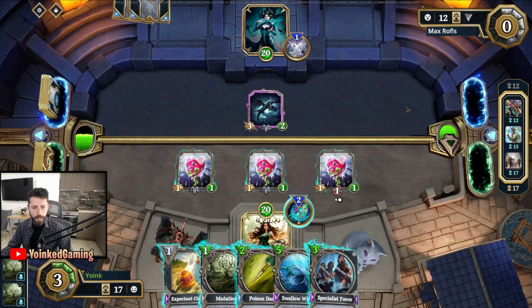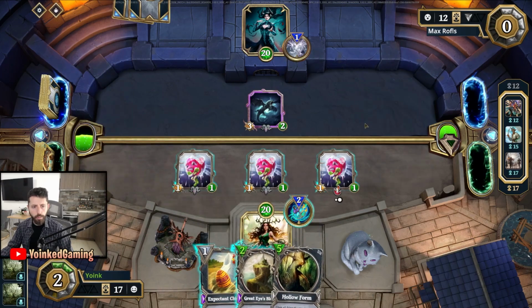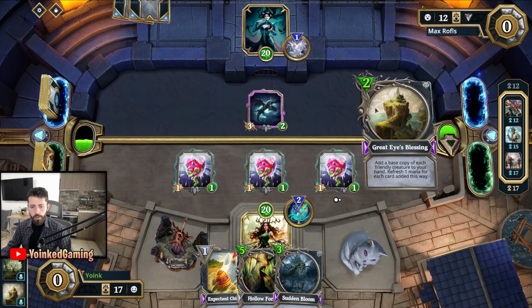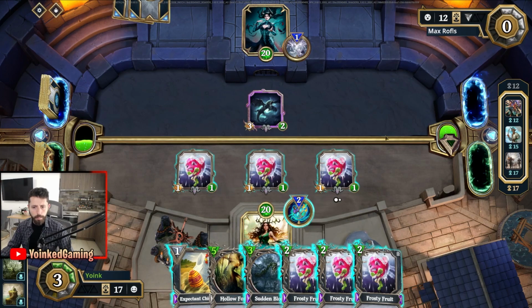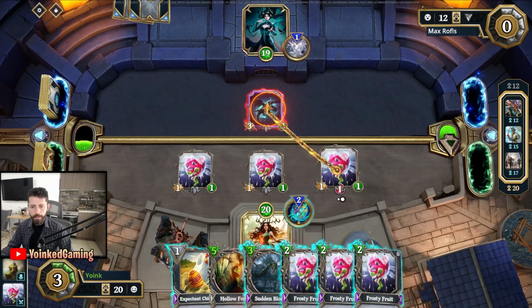Swallow Whole is kind of okay. I think I'm going to get mutation number 3. We have a, oh, that's actually cool. And you know what, guys? I'm even going to play the Great Ice Blessing here, because that's going to give me 3 mana back. Oh, this goes 2 mana? Wait, what the heck? But regardless, I can just attack my opponent here, then I can trade this, and I